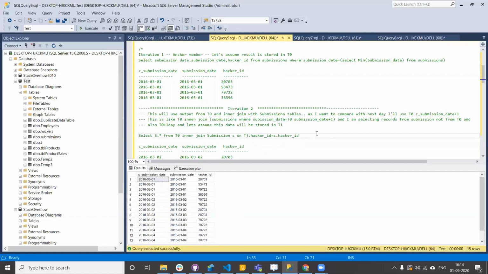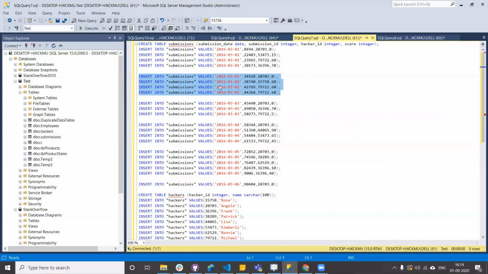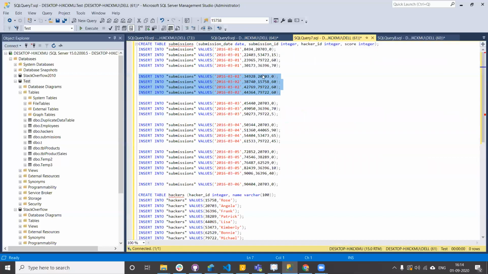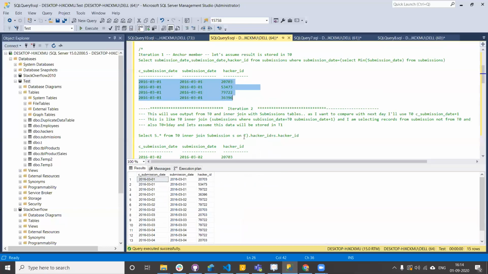I don't want to compare all these values. T0 has this data, right? When I do an inner join between all these records, I'll get multiple unwanted records. I want to compare only this data with this data, so that I get to know all the people who participated on the 01 and 02 dates. That's why I want to take only 02 from submission date.